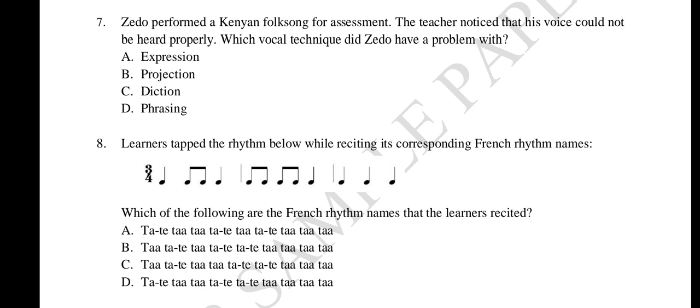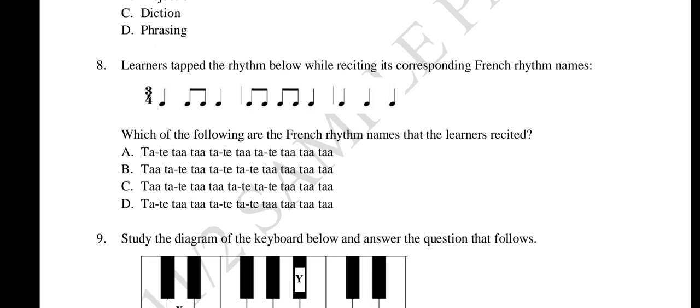Learners tap the rhythm below while reciting the corresponding French rhythm names. That's a 3/4 rhythm. Which of the following is the French rhythm names of the rhythm recited by the learners? The first one is a crotchet, which is ta. Then 2 quavers, ta-te, and another ta. Then the second part, ta-te, ta-te, ta. Then the last one is ta, ta, ta. Let's see which one is matching. Ta, which is C, ta-te, ta,